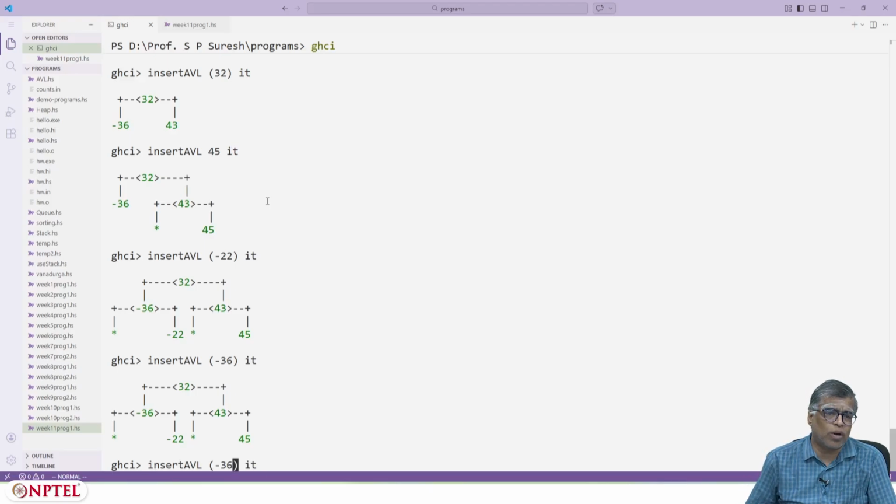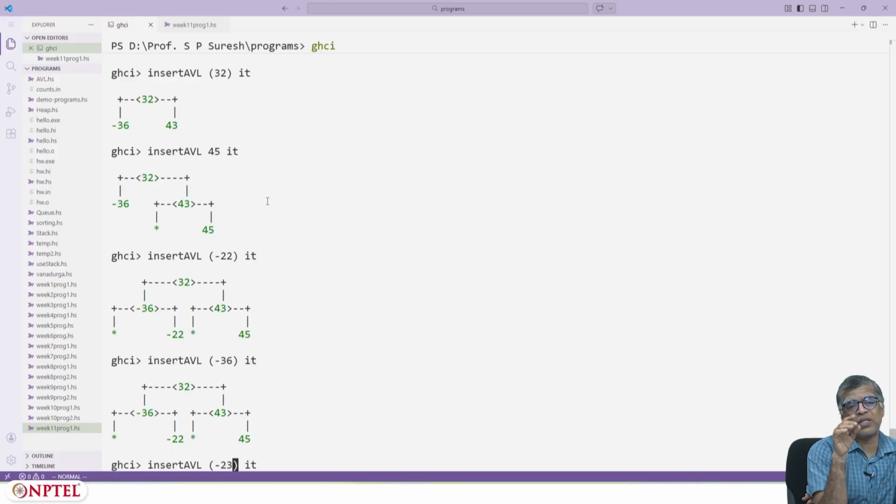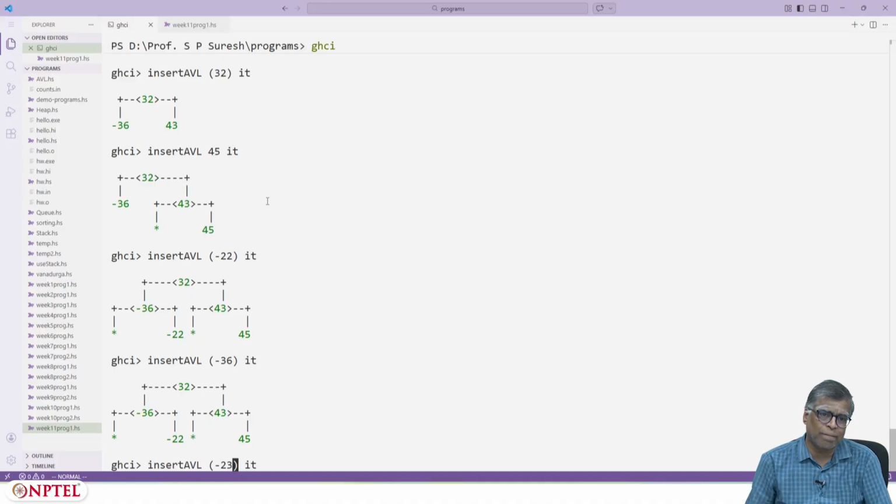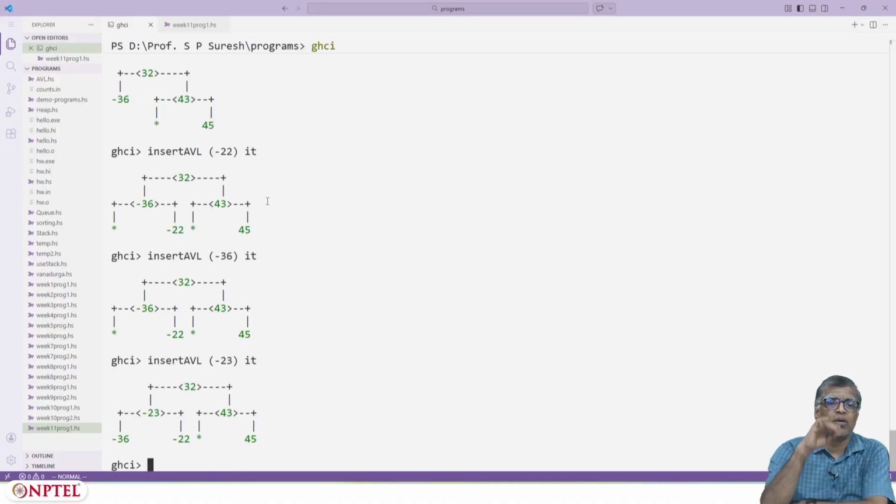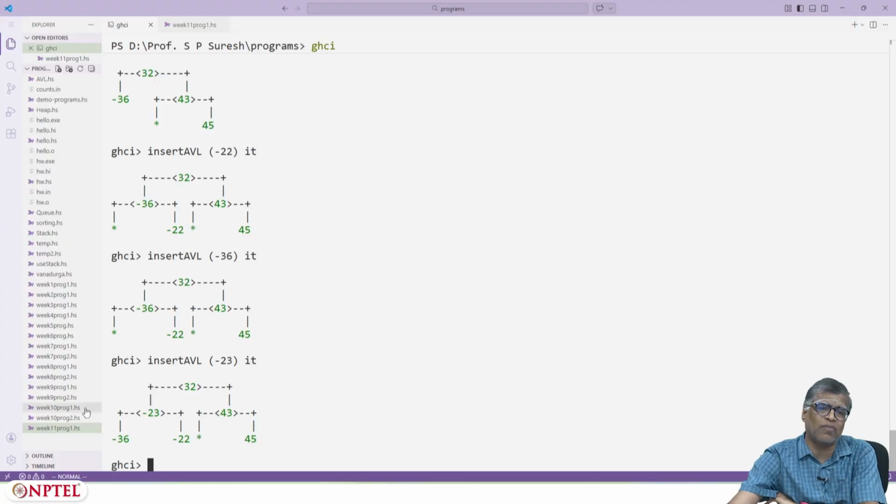Let's try to figure out what might happen. Minus 23 should go to the left of minus 22, but to the right of minus 36. Now that will create an imbalance because, considering the tree rooted at minus 36, its left subtree will have height 0, right subtree will have height 2. So you have to do a left rotate. Let's see how exactly the left rotate is done if this happens. Okay, yeah, some complex left rotate. You first do a right rotate of the right subtree and then do a left rotate, which is why you have this situation.